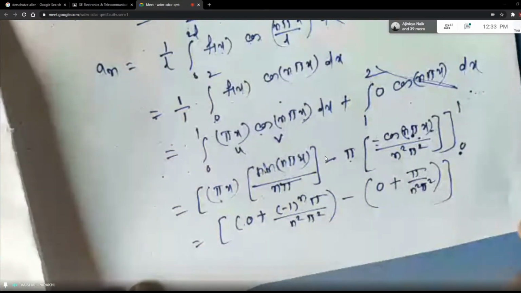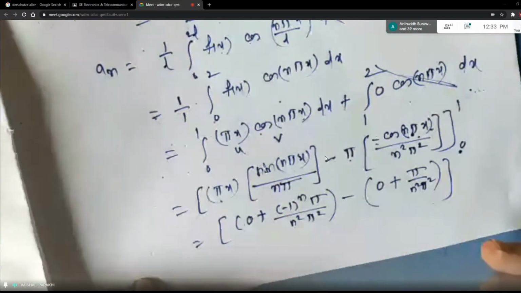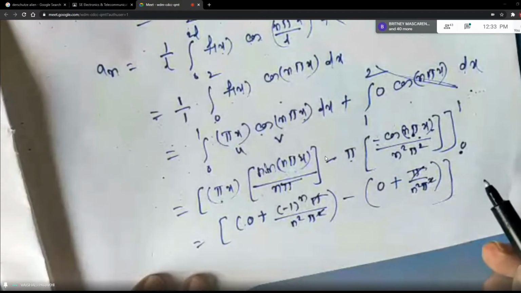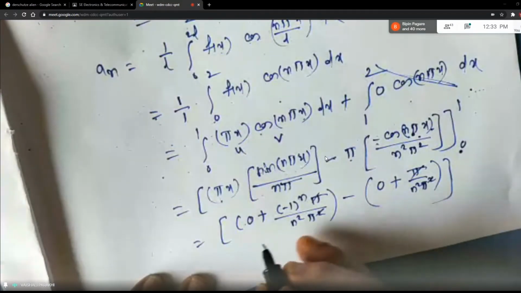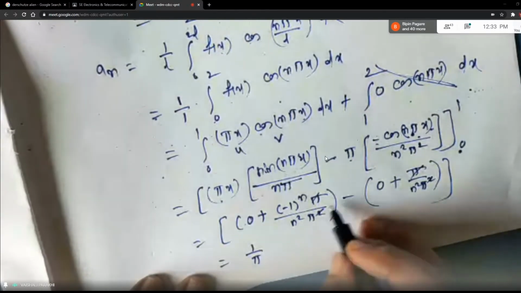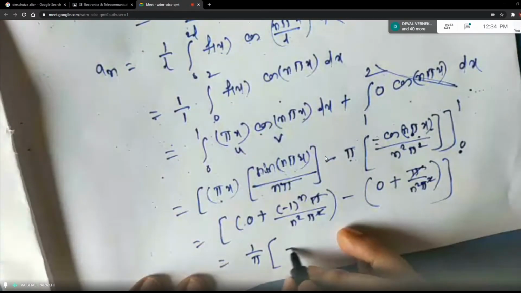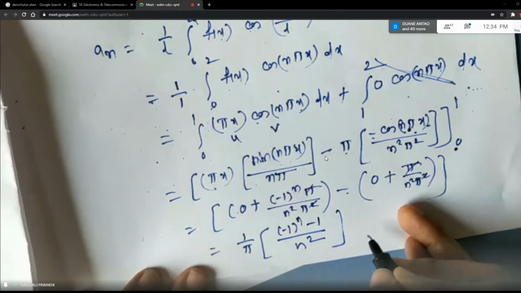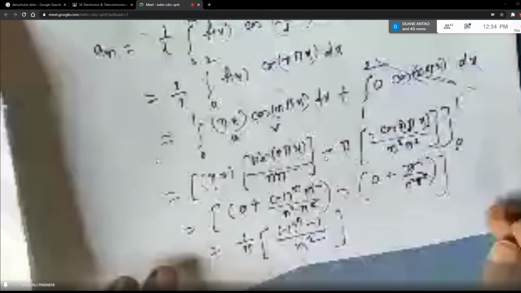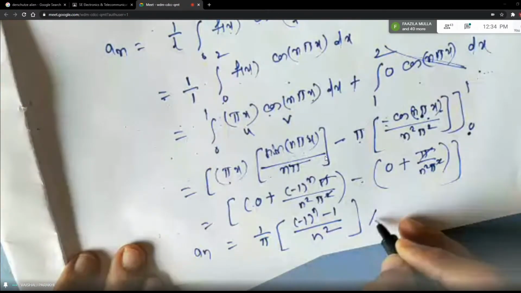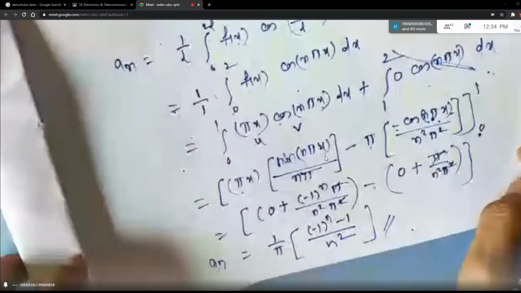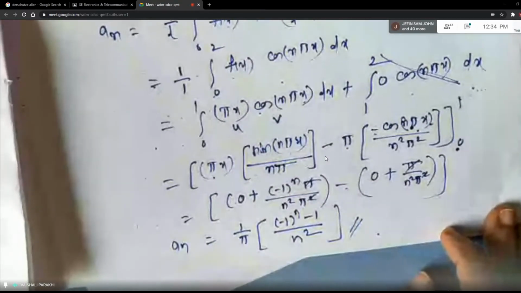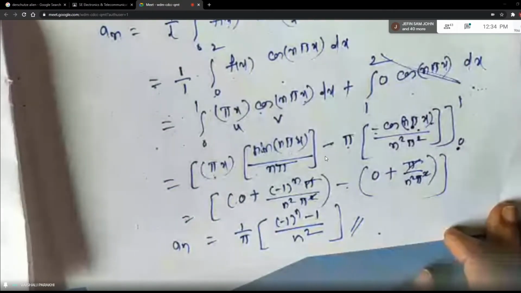Okay, then you have to collect these two terms. And when you collect these two terms, take out the common term. One pi will go, right? So 1 by pi you can take out as the constant and then you can add, because the denominator is common, right? So this is minus 1 raised to n and this is minus 1. So this is your an. Okay. So isn't it similar to the last set of formulas? In place of pi, 2 pi, we have L and 2L.